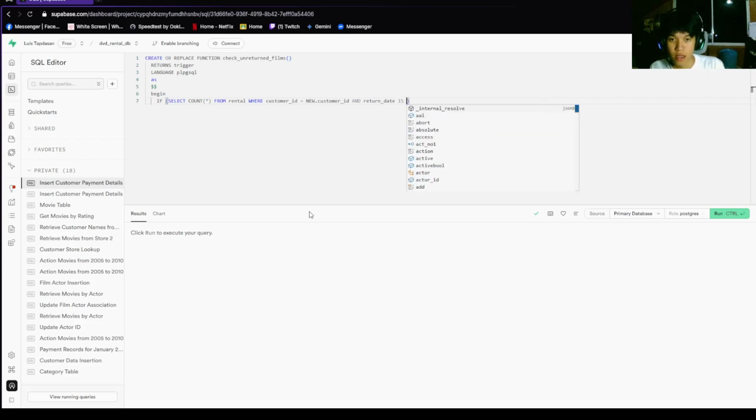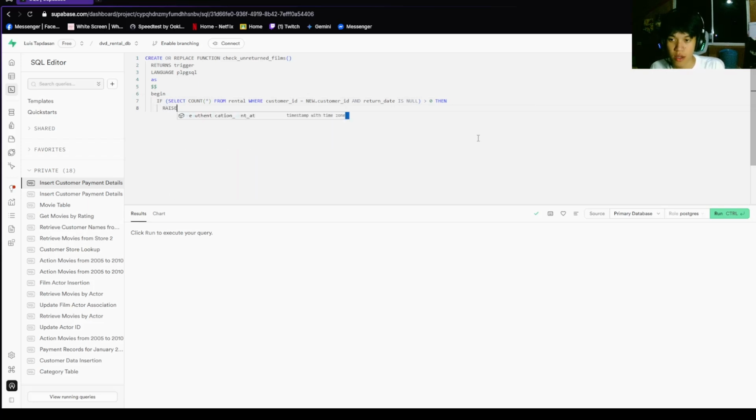Is null, greater than 0. So if greater than 0, which means there is an unreturned film, then it will proceed on to this next.